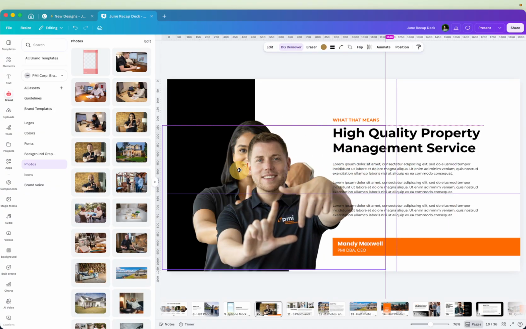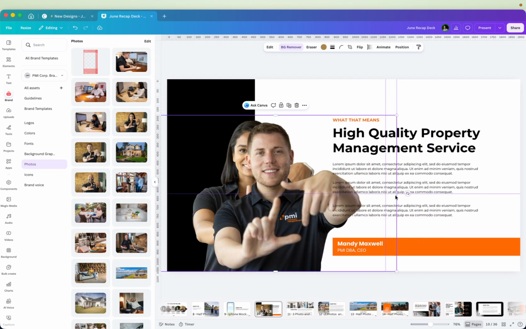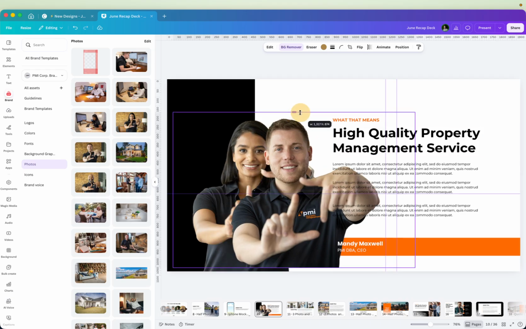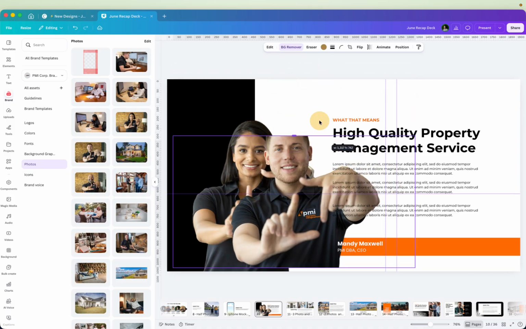Perfect. And then you can drag in and then adjust it. And then these side ones will do, oops, I accidentally grabbed this ruler. We want it to grab, so if we were to grab this to size it up and down, it'll do it up, but going down, it would cut them off. So